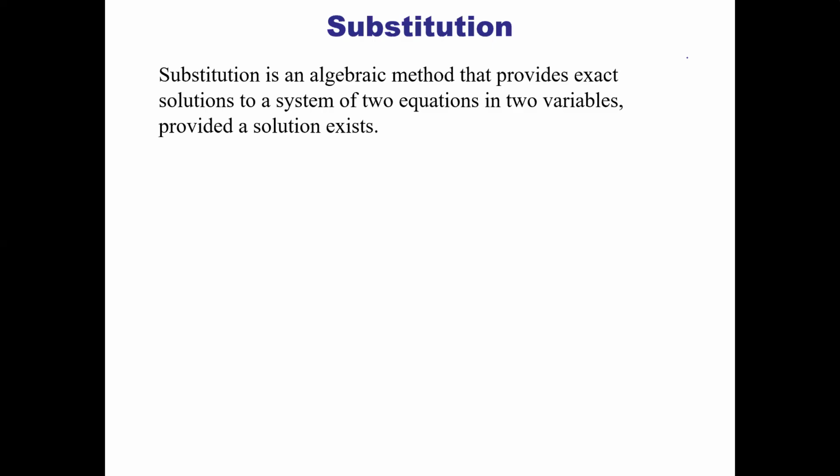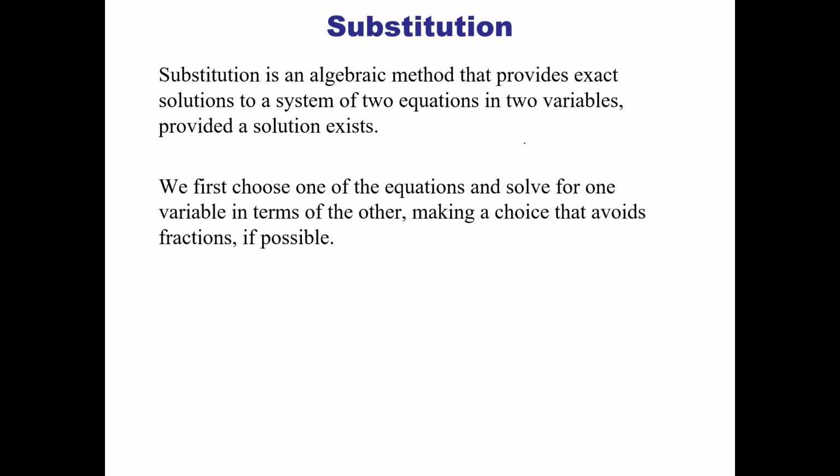Now we do substitution. Like I said, substitution is an algebraic method that provides exact solutions to a system of two equations and two variables, providing a solution exists. If a solution doesn't exist, then it's not going to give us anything. All right, so we first choose one of the equations and solve for one of the variables in terms of